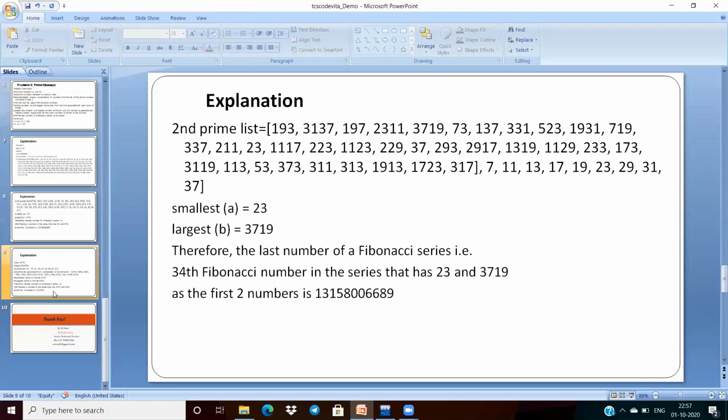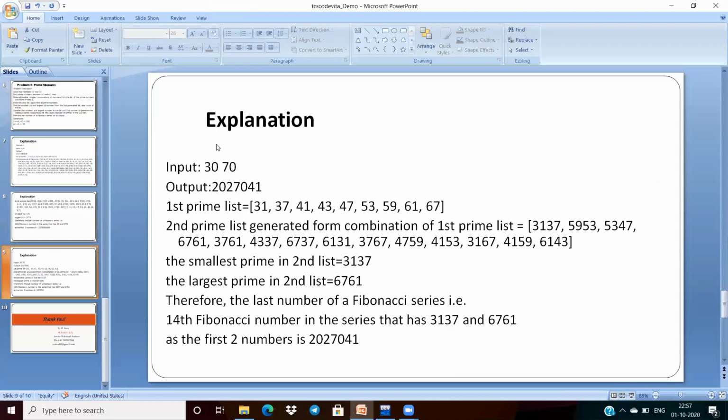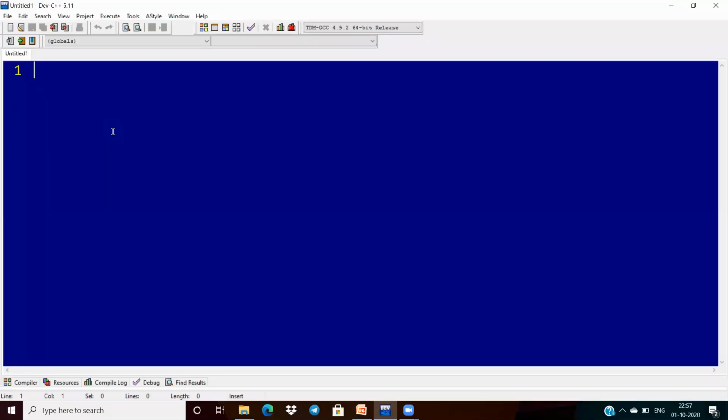and anyway, finally see the code of this program. See the code of this. And to implement this, first of all, what is the first thing we have to do here?